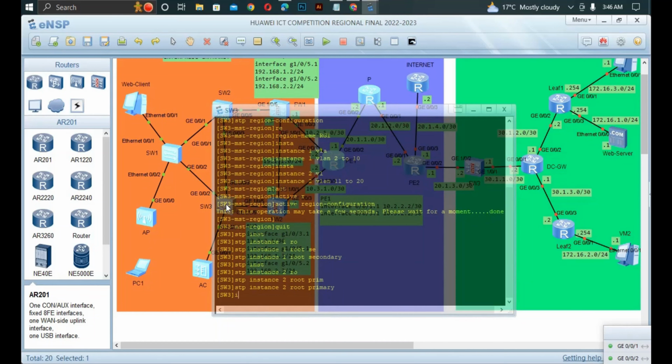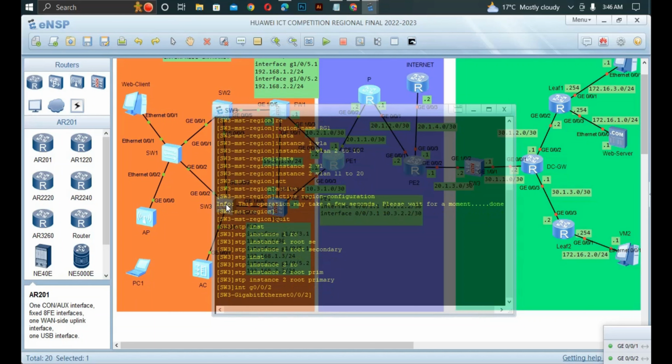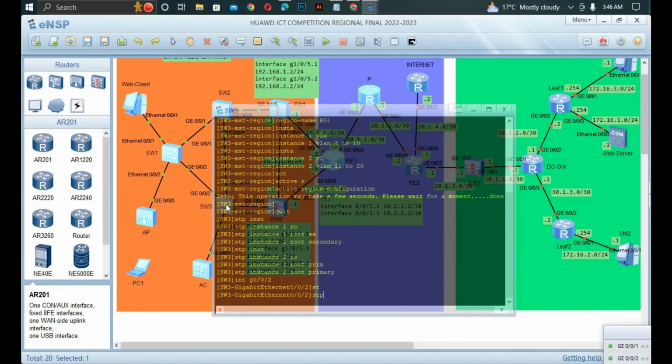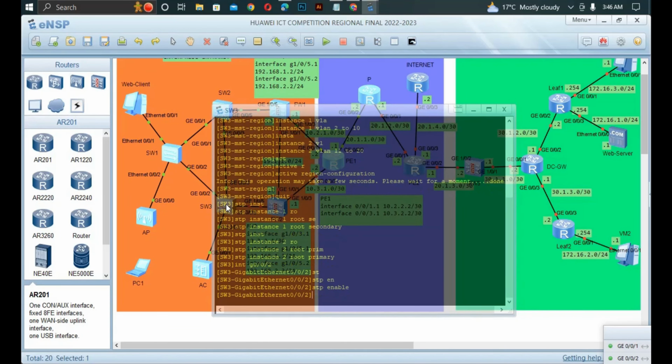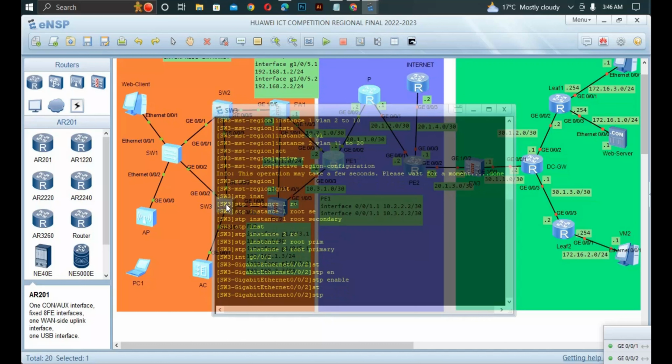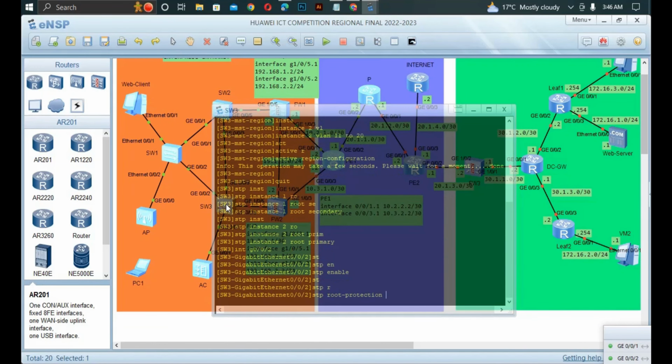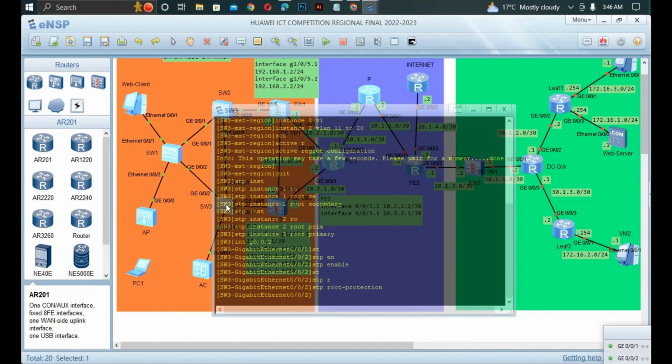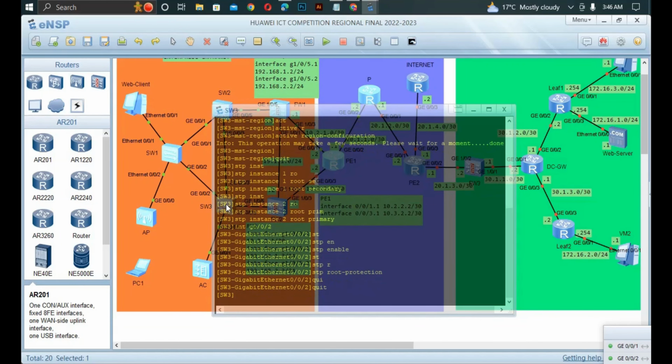So interface gig 0/0/2. I believe STP is enabled by default on the interface, but let's just enable it. STP enable. Then STP root protection. Enable STP root protection on that interface. Quit and configure